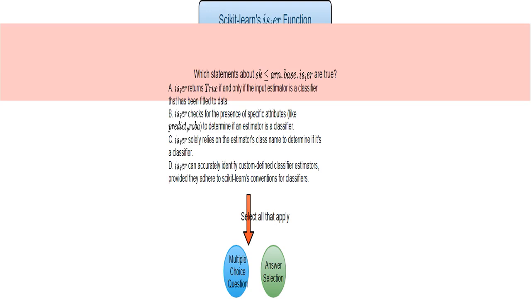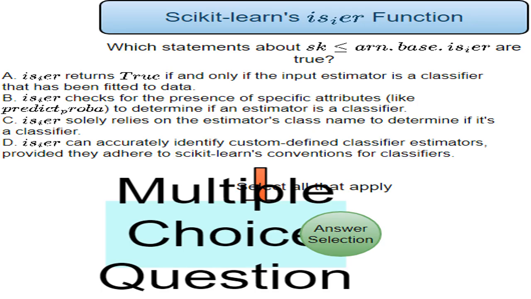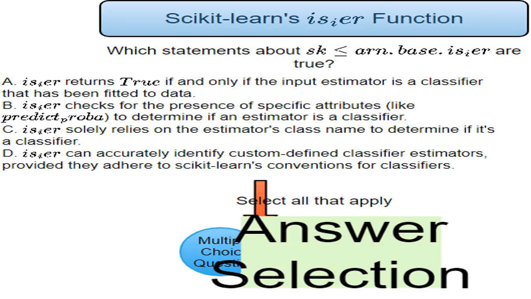This is a multiple-choice question about the is_classifier function. We'll evaluate each statement to see whether it accurately describes how this function works. This clarifies that we're dealing with a multiple-choice question, not a true or false question or an essay question. So, I'm selecting the answers which are entirely correct. This reminds me that my task is to select the correct answers among the options provided in the quiz related to the